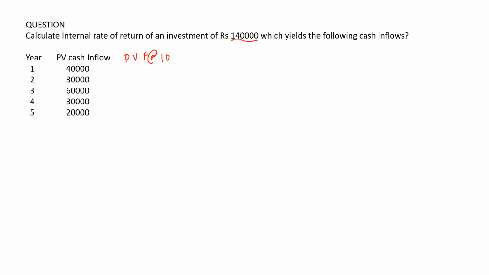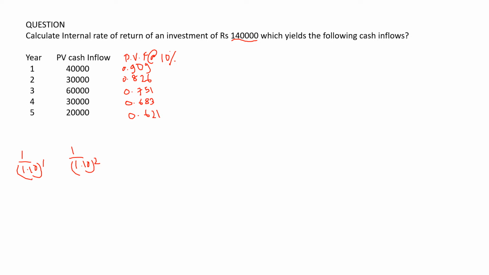So we will have to find the present value factor at the rate of 10%. And we know how to calculate it, as 1 divided by 1.10 to the power 1. Then for the second year, 1.10 to the power 2. This way we will be finding out the present value factor. And the answer comes out to be 0.909, then 0.826, then 0.751, and then 0.683,